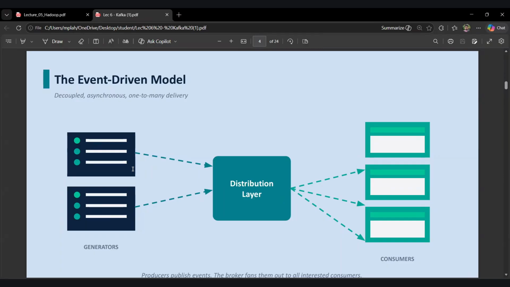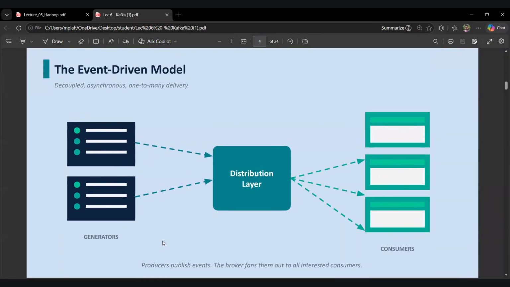There are three types of things. One is the generator, another is the distribution layer, and another is the consumer, right? The key idea behind that is that it's decoupled, asynchronous, with one to many deliveries, right? So these are a different way of thinking about the communication between systems,